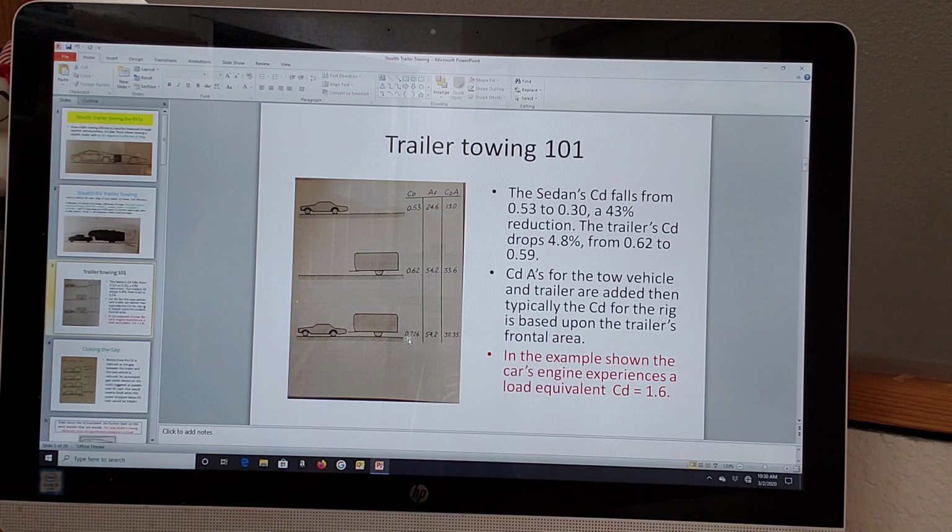And the drag coefficient now of the combination is 0.726, and the CdA has gone up to 39.35. However, paradoxically, the sedan's coefficient of drag drops 43%. But this is relative to the combination, obviously, and the trailer Cd drops 4.8%,